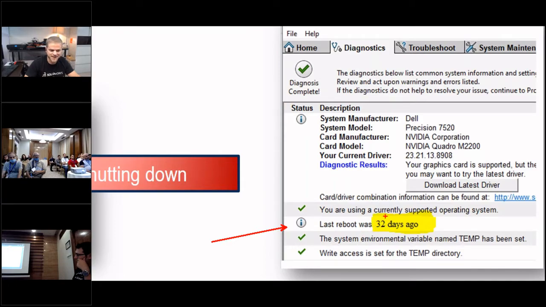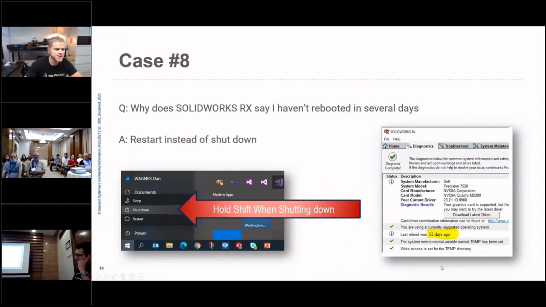That section would be right down here. When was your last reboot? And I exaggerated this, right? 32 days. But it was common to connect to a customer's machine and see several days there. If you're using SolidWorks every day, you probably want to reboot every day, wipe everything and start over. As we saw before, you can lose that RAM. RAM can bleed out over a couple days, and all of a sudden you'll be left with no free RAM.